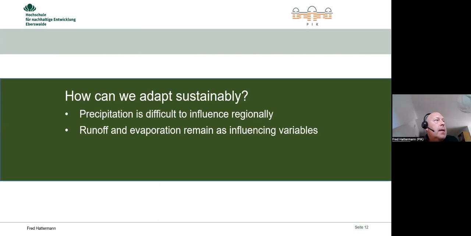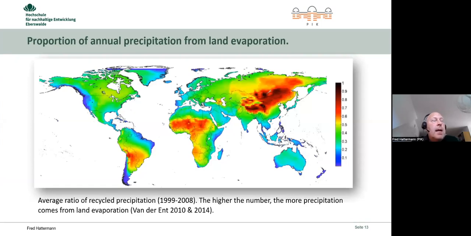So how can we adapt in the end in a sustainable way? Precipitation is difficult to influence regionally. We can influence it partly. However, the recycling mostly takes place on larger scales. And this here, I mean, this is again